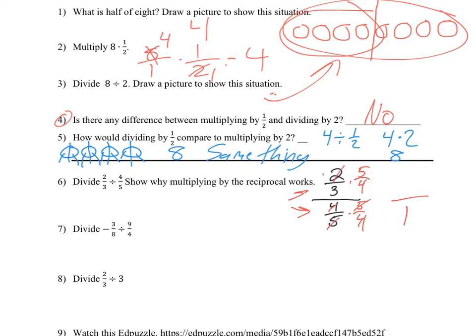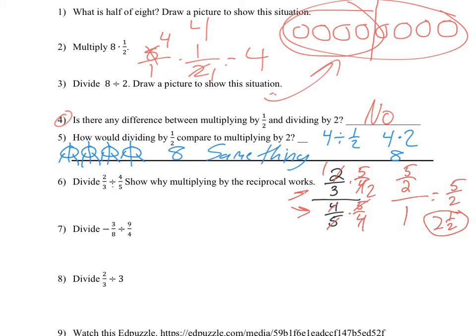2 goes into 2 once, 2 goes into 4 twice, and now we can multiply across and we'll end up with 5 halves. So we have 5 halves divided by 1, which is simply 5 halves, or 2 and 1/2 when we get to the end there. Now, you can do this each time, simply multiplying the denominator by the reciprocal, or realizing that we're basically just multiplying the numerator by the reciprocal, we can